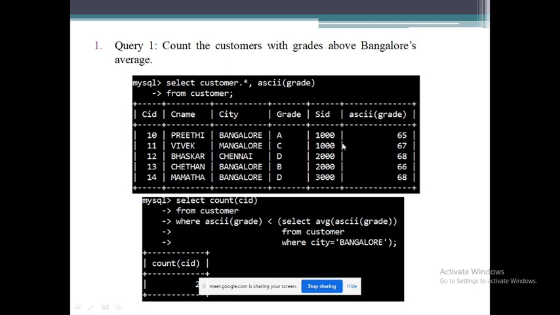I have 65 over here and then 66. But the remaining three have 67, 68, 68, which is greater than 66.7 or something. That's why in the result we'll get count as 2. Only 2 customers have their grades above Bangalore's average.